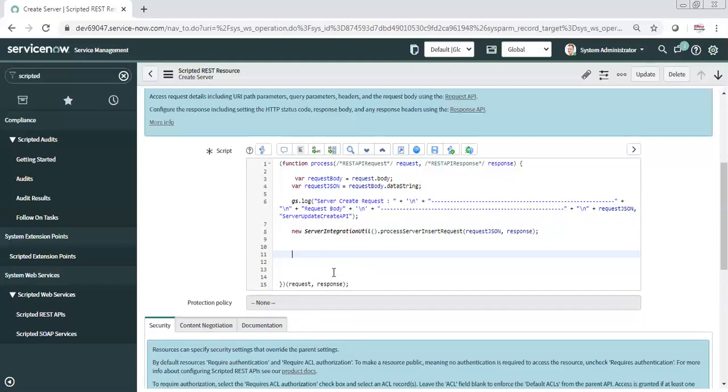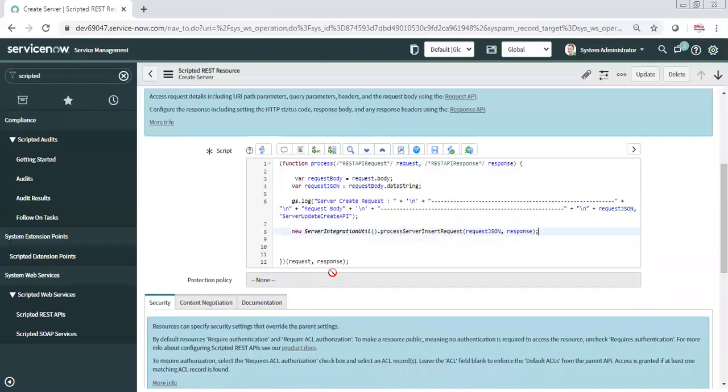Okay. Then as there will be a huge and long code, what I have done is I just created a script include, and I am calling that script include instead of writing each and every line of code here. I can write the full code here as well, but as that code is going to be used, I have just put all the code inside this script include, and I am calling the function of that script include. So now we will switch to this script include. In that I am passing the same parameters, like this request and the response, so that I can set these objects or get these objects from my script include. So if I switch to my script include,